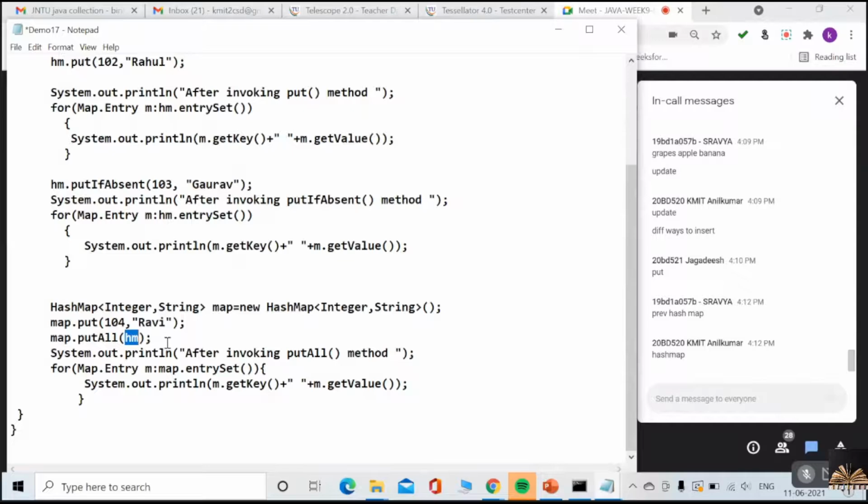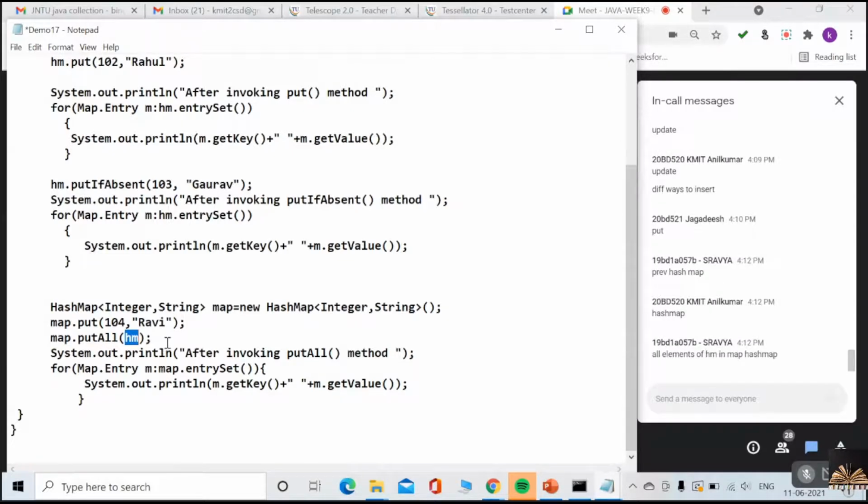Yes or no? Understood? All elements of HM will be added to the map. Okay? Yes, exactly. So you just have a look. And after invoking putAll, I am just displaying the key and value pairs. I'll show you the example, I'll show you the execution.